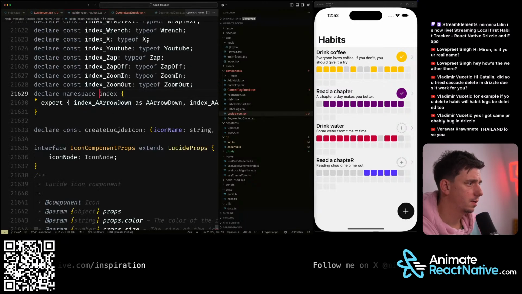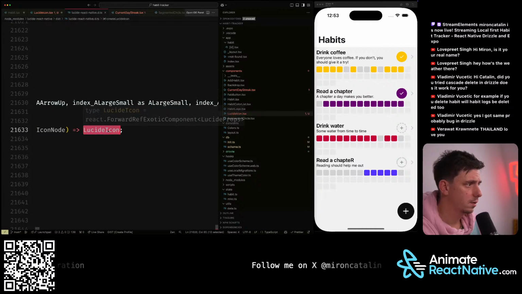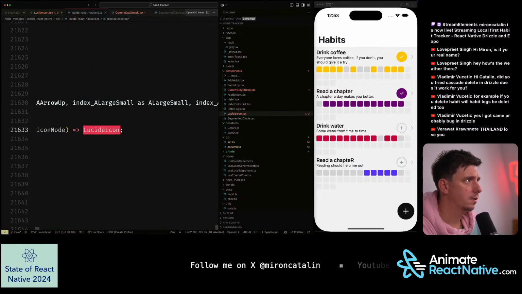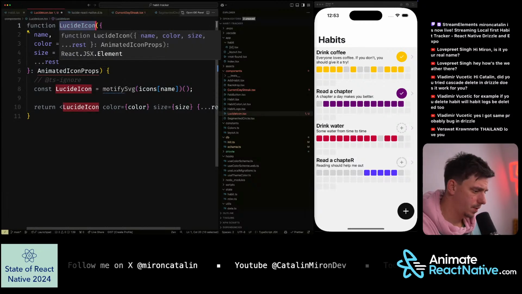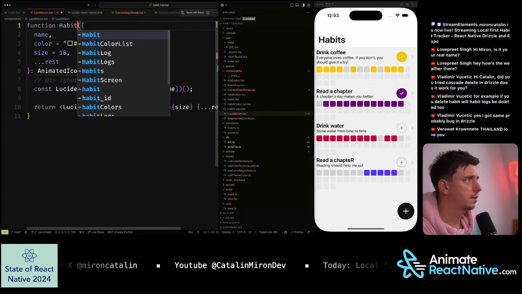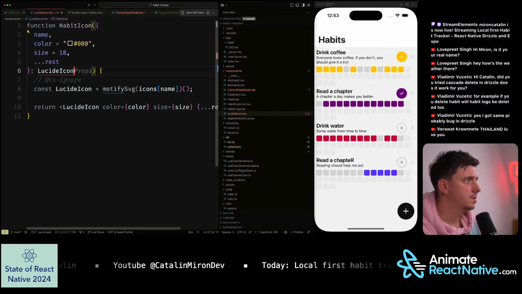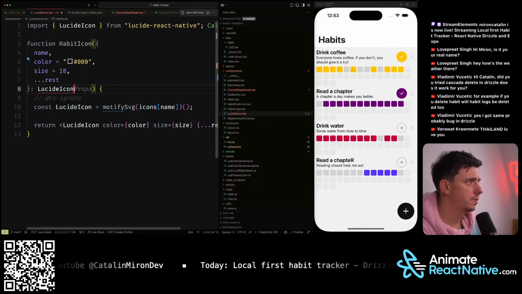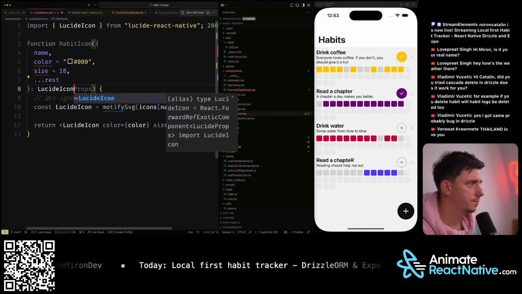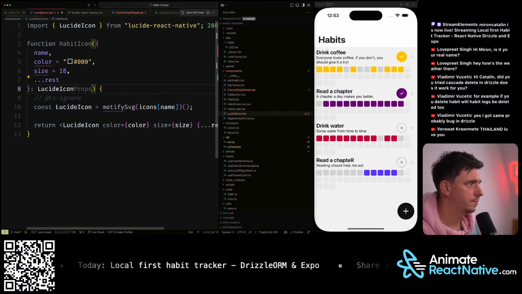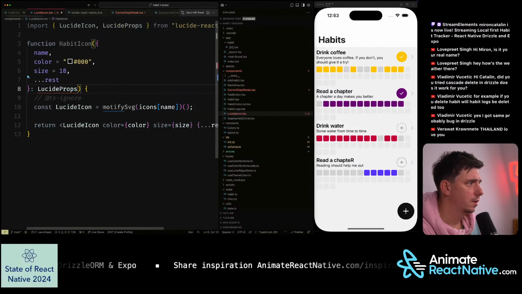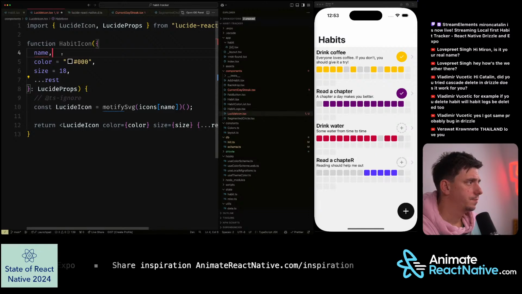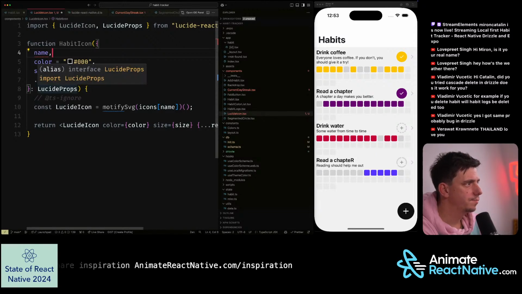The Lucide icon. Okay. It's actually, this is a habit icon. And this is a Lucide prop, Lucide icon props. And the name,